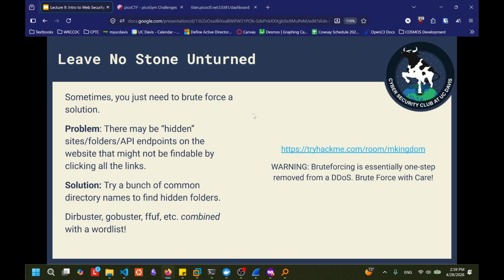So stay in scope. We're allowed to do this for assignments, and maybe on pages like If I Hack Me or PicoCTF. I would say don't try brute forcing against them, but brute force with care and stay in scope, because you're pretty much generating a DDoS attack against a web server.